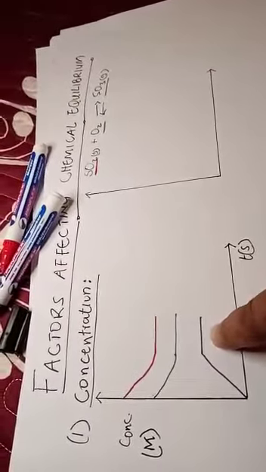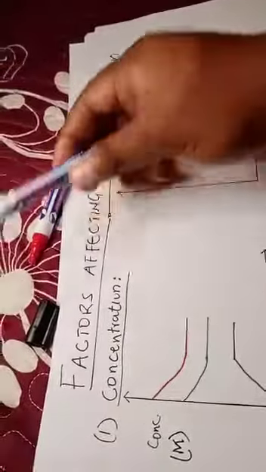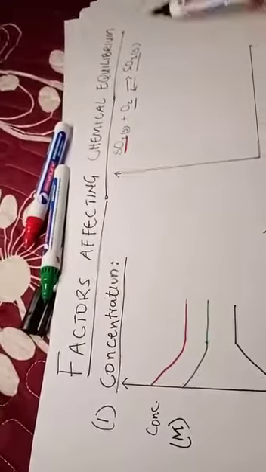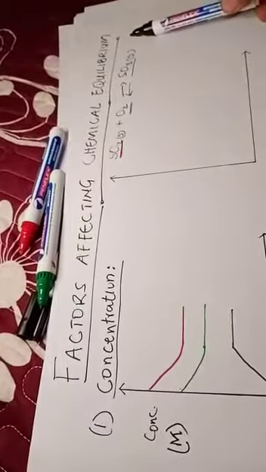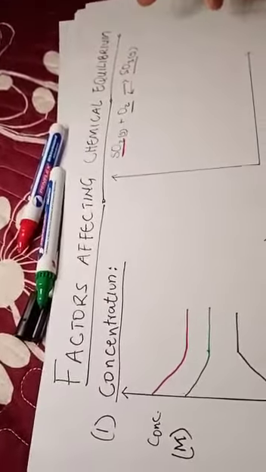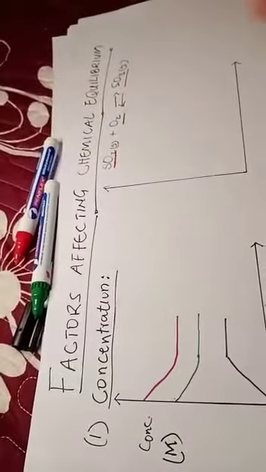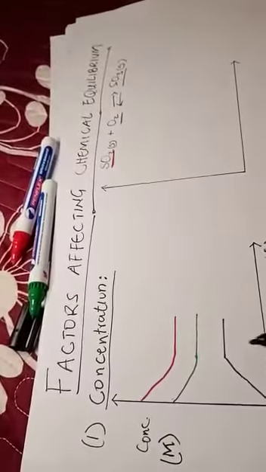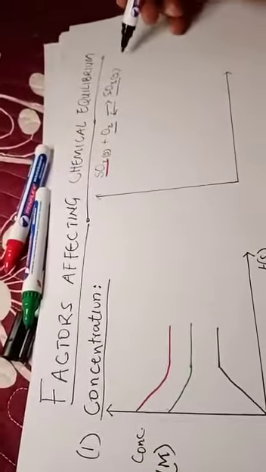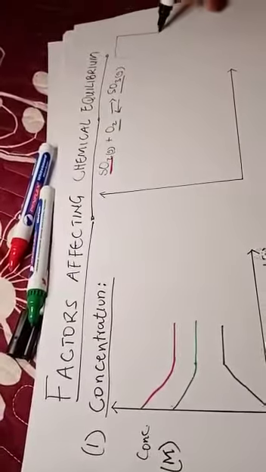So we want to see what happens if, first of all, I increase the concentration of this. Remember that this is happening in a closed system. In a closed system, nothing goes in and nothing comes out. So if, for example, I use a syringe in that closed system,